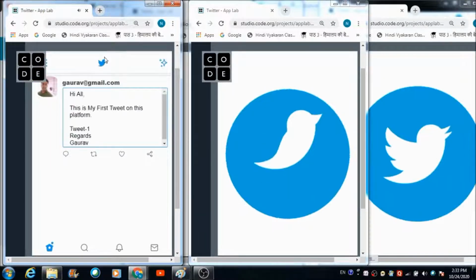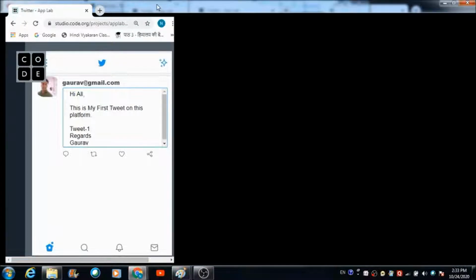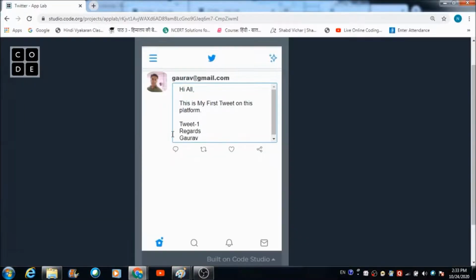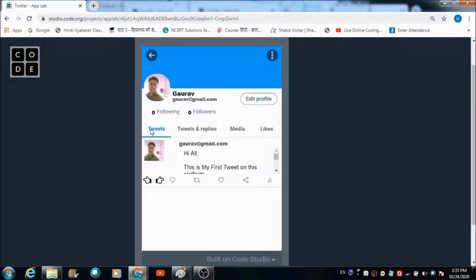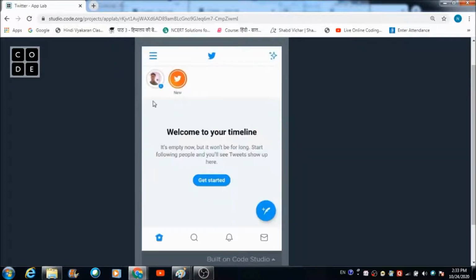We are able to see the tweet on this screen. Fine, we are able to see this first tweet. Now let's tap on this button over here and see what we are going to get. This is the profile screen of this person, and his first tweet is reflected over here. Now let's go back and